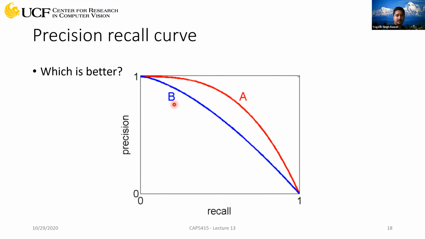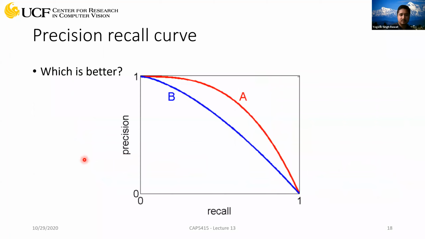Now let's see how we can get an exact number using this. So what we do is we just compute the area under this curve. And that area, we call that average precision. And that's the metric we use for evaluating any object detection method. Okay, so